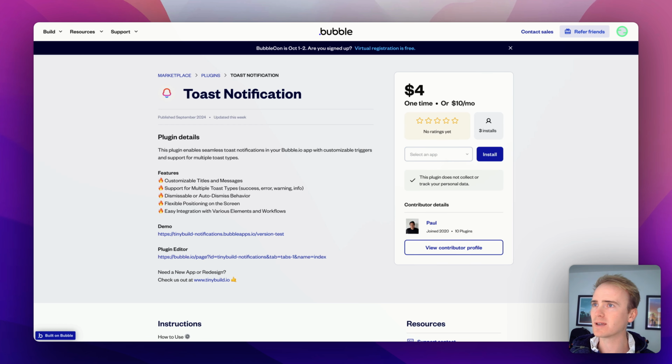So we're using this plugin. I just saw the developer Paul promoting this on X, and I thought I've got to do a video on this because they look so good. So you can customize titles, messages. You can have multiple ones. You saw them queue up in that demo there. Flexible positions on the screen. There is a small charge, but hey, it's very important that we encourage and promote beautiful plugins in Bubble, and